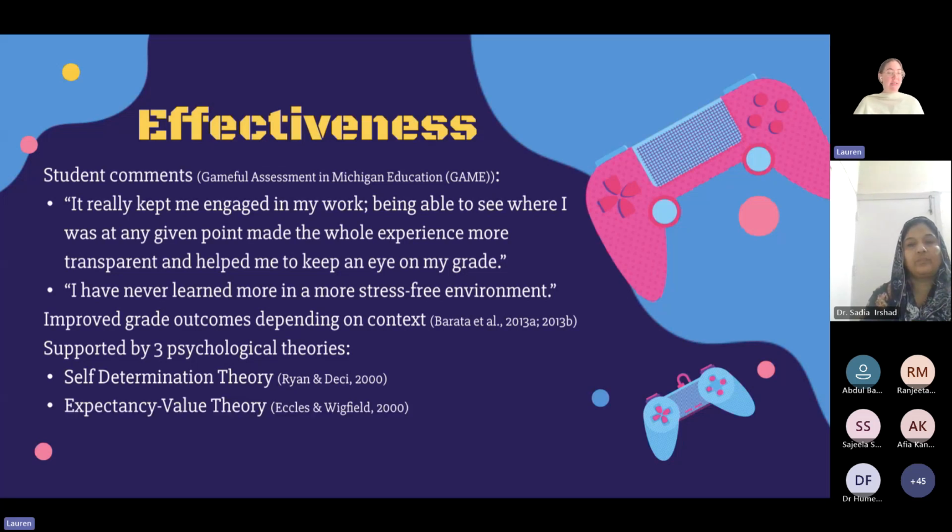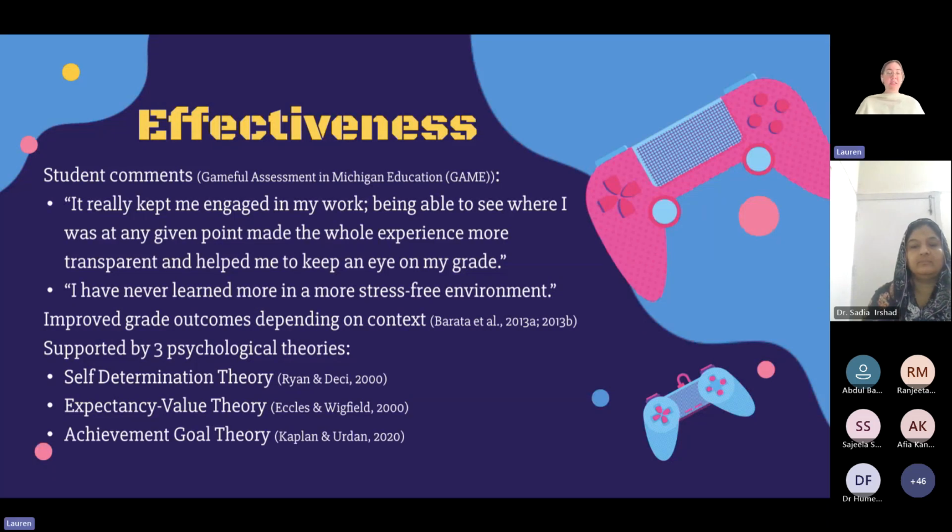The second is expectancy value theory. And expectancy value theory basically says that people ask these 2 questions when they're deciding whether to do an activity. 1, why should I do it? And 2, am I able to do it? And that's called value. Value, why should I do that, is the value. And am I able to is the expectancy. So people weigh these 2 things when deciding how much effort to put into a task that they might need to do.